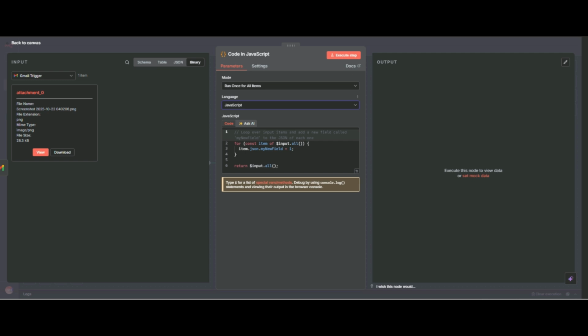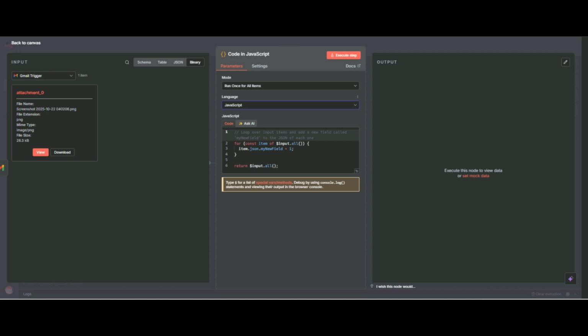Sometimes we are building more complex systems, so we need more flexibility, and sometimes an n8n built-in node, like the if node or set node, does not give our desired result, so we use JavaScript, and also we can use Python. But now we will use the code node.